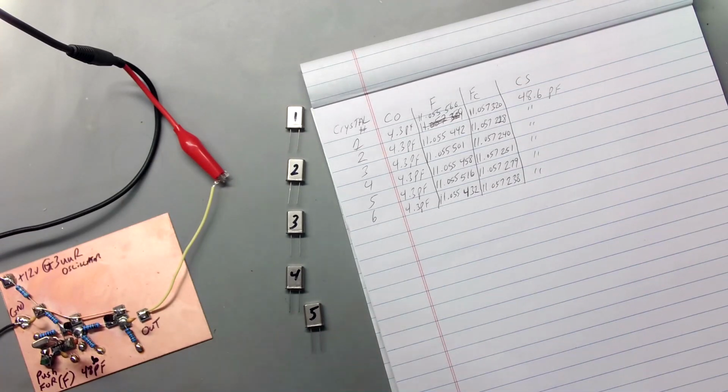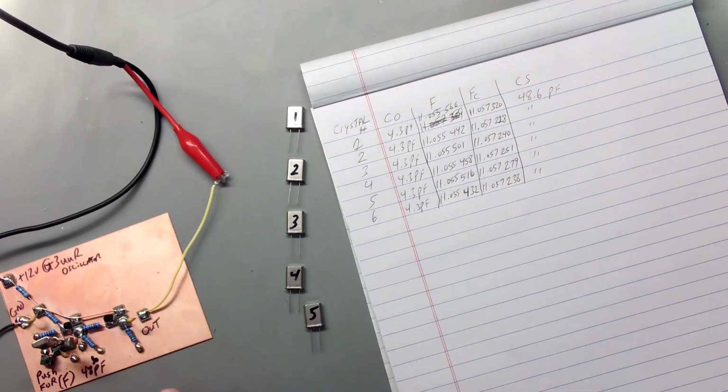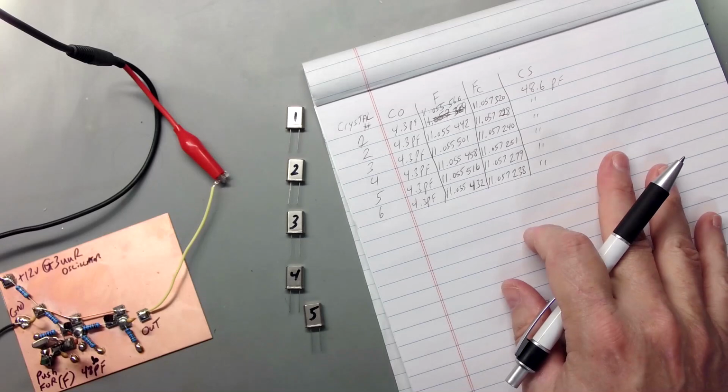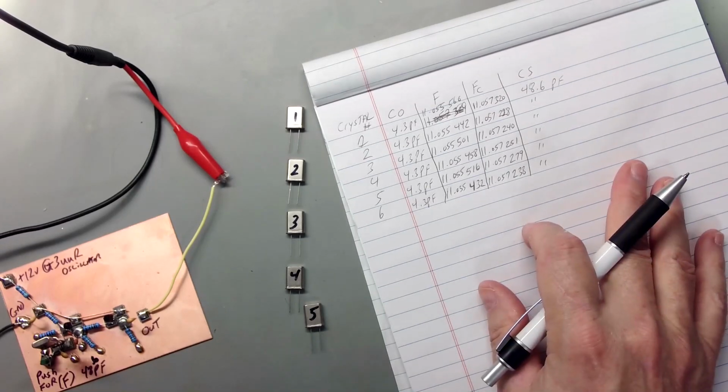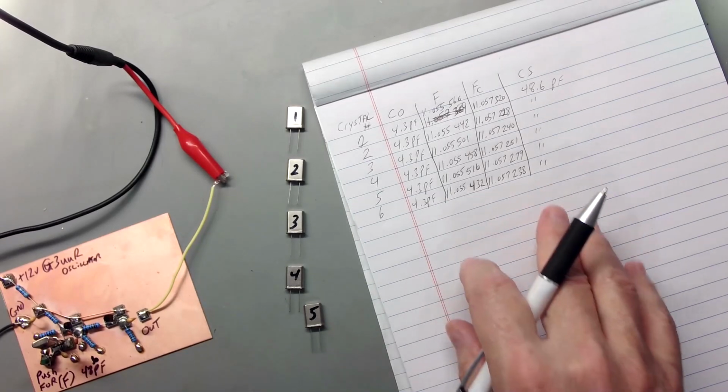So now we've got our information on our crystal. We're done with this for the moment. Actually, I have another set of crystals to lay out, because you're going to see the crystal filter I'm going to build is two-sided. It's CW and SSB. So I'm going to do another set of crystals. It'll be done exactly the same way, but let's take these and let me kick over to the computer and I'll show you exactly how we take this information and we design